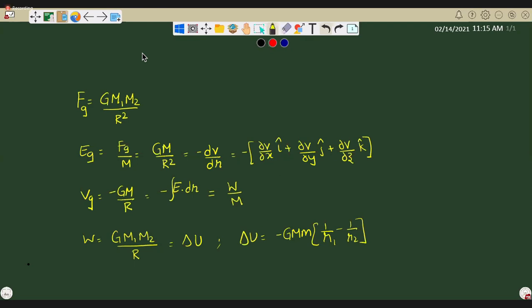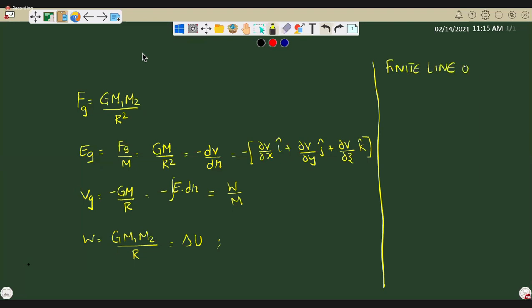Okay, we got this, and then from infinity we brought it and placed it at R, so 1 by infinity became 0. Understood? I did the derivation yesterday, right? Now if I take a finite line of mass,